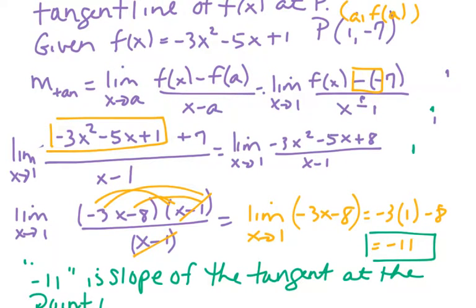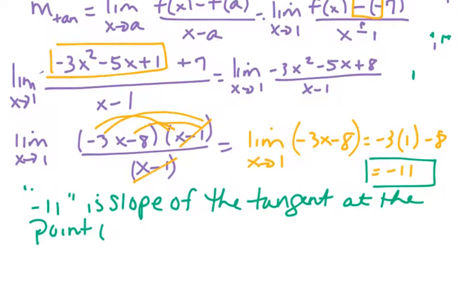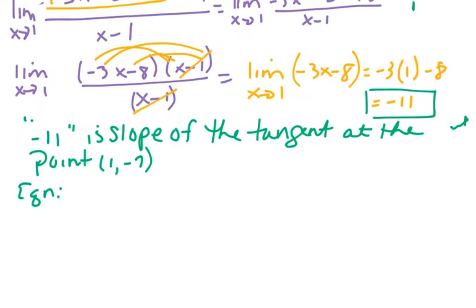1, minus 7. So we found the slope, but how do we find the equation of the line? How do we find the equation of the tangent line to the curve, to the function at that point? Well, the equation is just like any other equation. We know the slope, and the equation for the tangent line